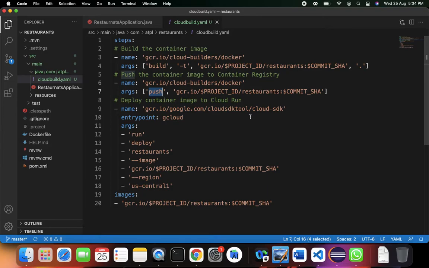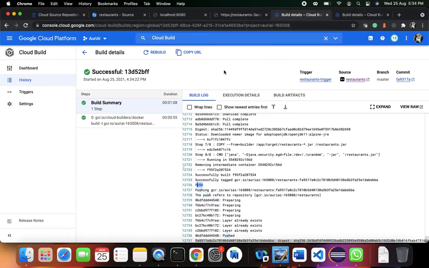So this time we are using our gcr.io/google.com/cloudsdktool/cloud-sdk, and then with the entry point as gcloud, so you're going to execute the gcloud command. We're going to say run deploy restaurants. Now if you can recall, coming back here,